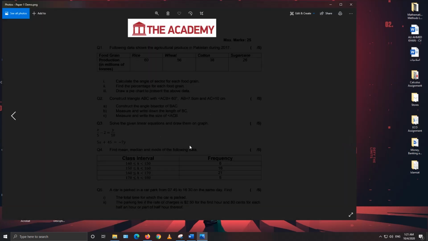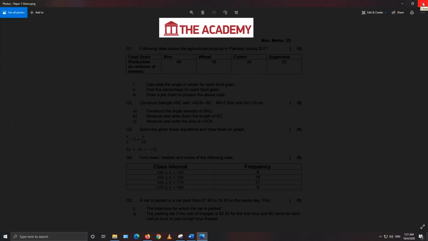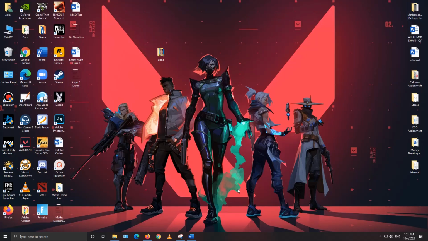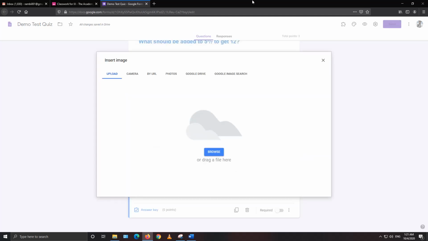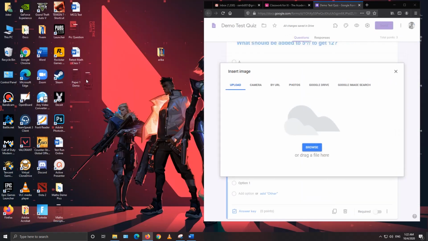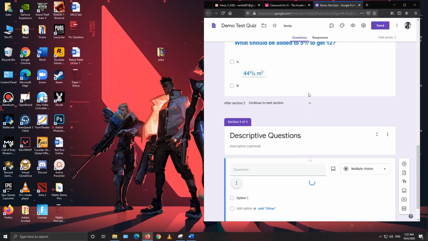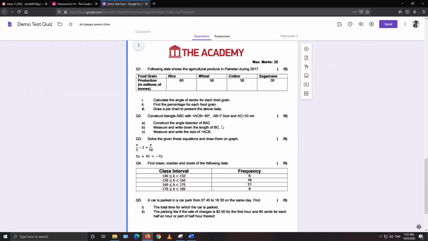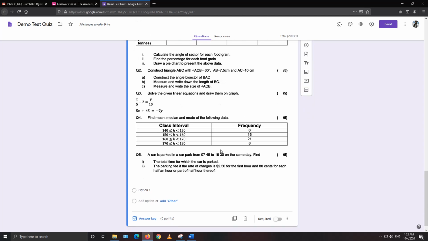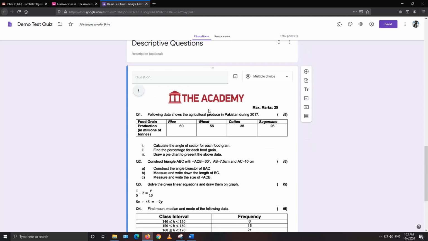Okay, it will be looking like this dark one, but you don't have to be worried about it. Once you drag and drop it, it will show good in the paper. So under the first question, I will only select the picture and it will show me this browse option, and then I will just drag and drop the whole question paper, the descriptive one. Now you can see the whole paper is clearly visible through this Google form question.